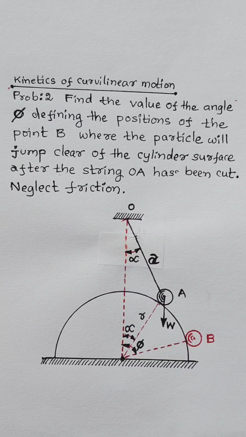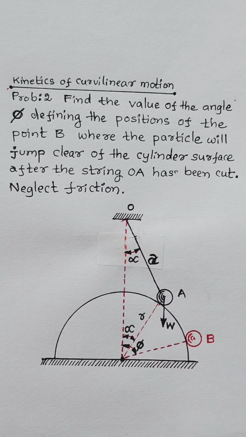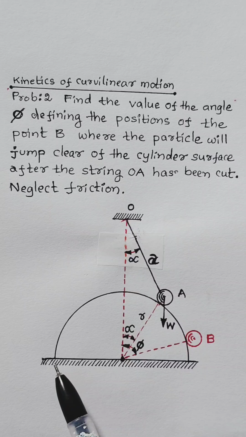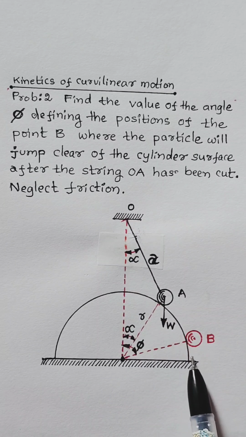I read the problem one time. Find the value of the angle phi defining the position of the point B where the particle will jump clear of the cylinder surface after the string OA has been cut. Neglect friction. On observing this problem figure, we can understand that one semicircular cylinder surface is there which is placed